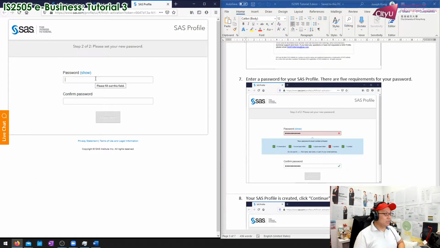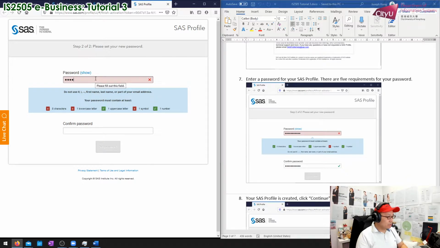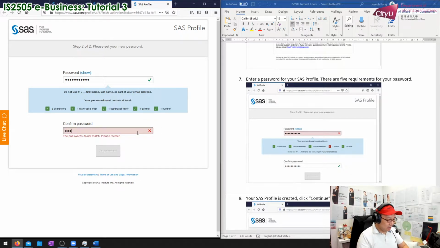Now here you can define your password. It requires you to have 8 characters, at least 1 lowercase character, at least 1 uppercase character, 1 symbol, and 1 number. So very complicated, but I think